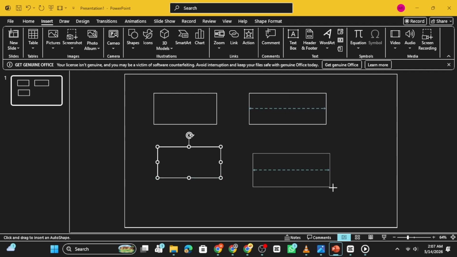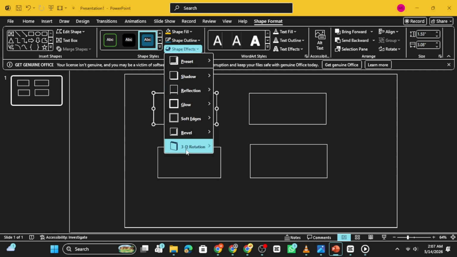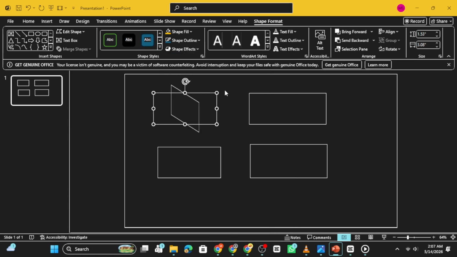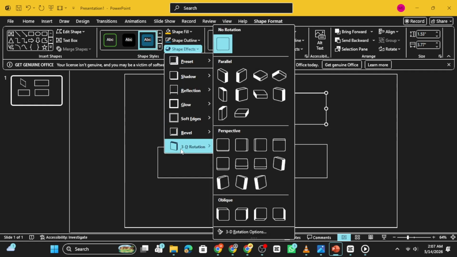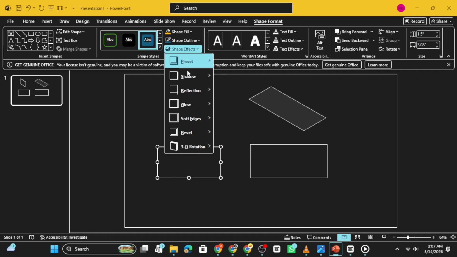After that, click on one of the squares and go to the Shape Format tab. Select Shape Effects, then choose 3D Rotation. This is where the flat shape starts to look more realistic. Try different rotation presets until the square angles begin to resemble the side of a cube. Repeat this process for the other squares, giving each one a slightly different angle so they fit together visually like a real 3D object. You can also change the colors of the shapes to make the cube look more dynamic